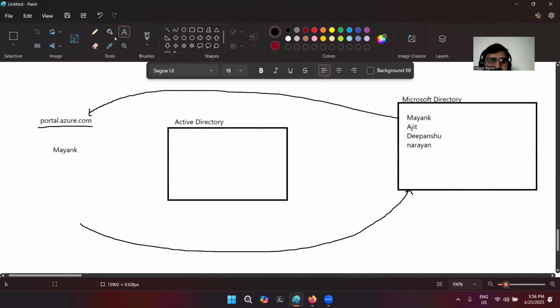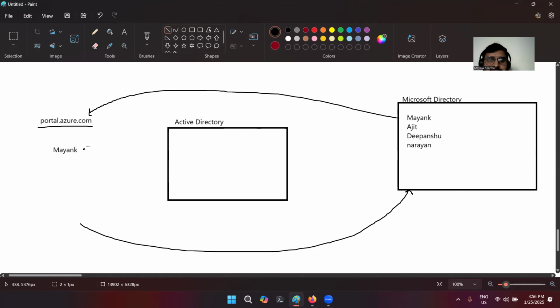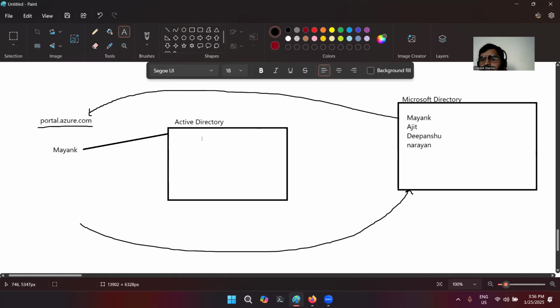Now this directory is attached to this particular account. Without this directory, this account of mine does not exist. This directory, or instance, that is created by Microsoft for us is known as a tenant.